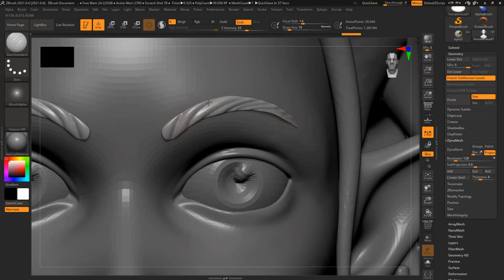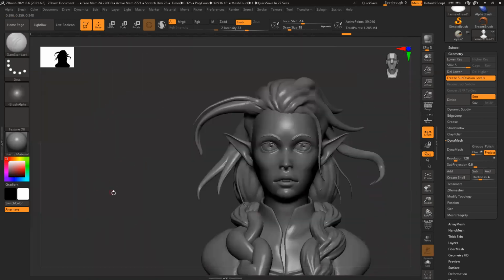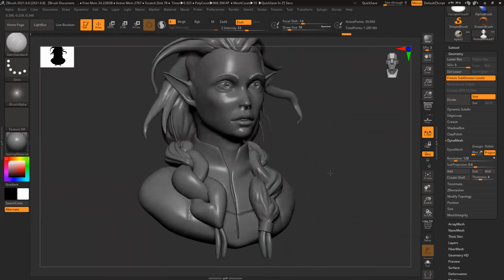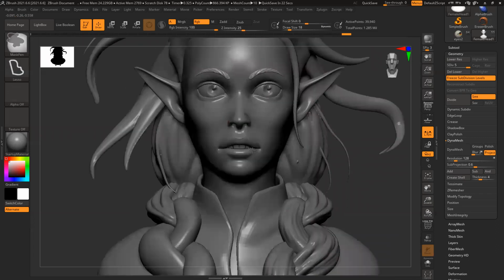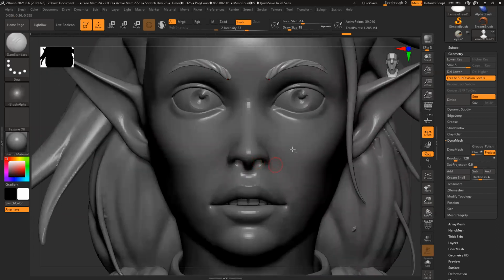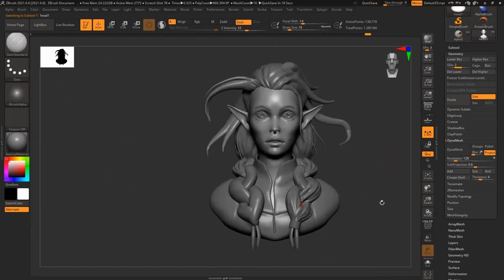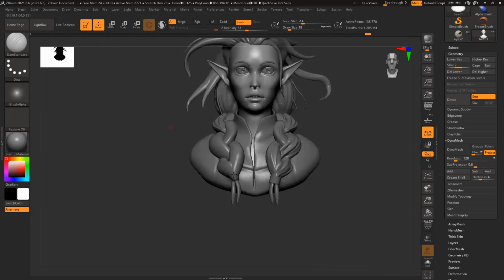A little uneven, I can see slight unevenness. Then we can add all the details, skin information, everything, and fix all these things.